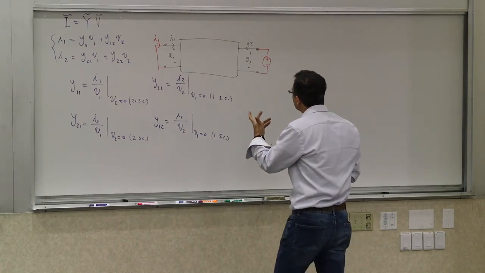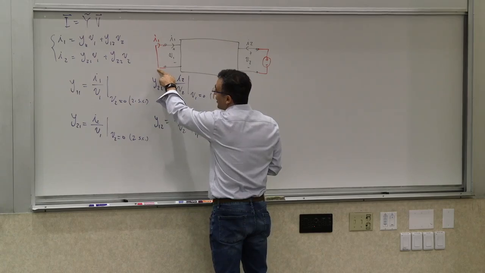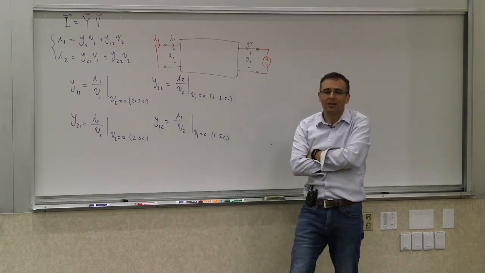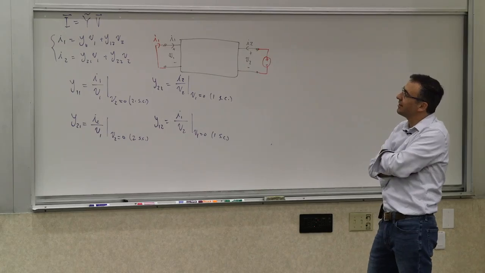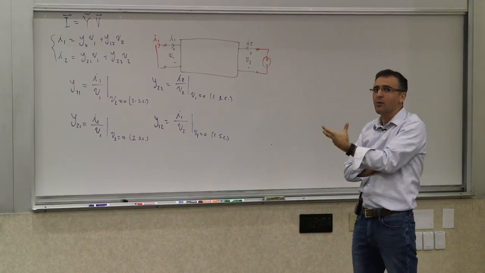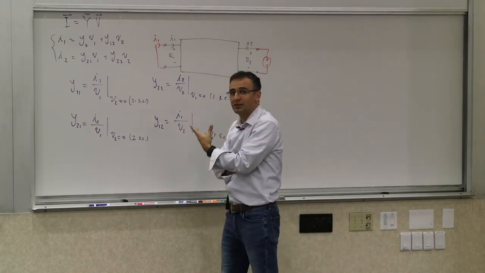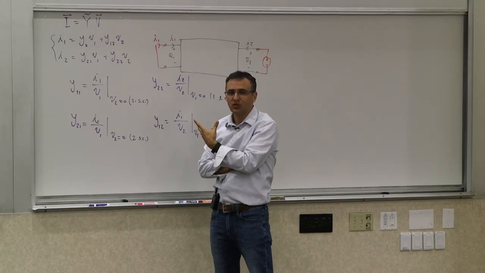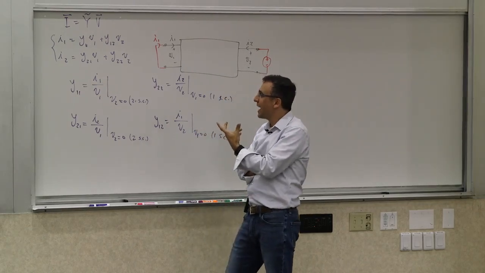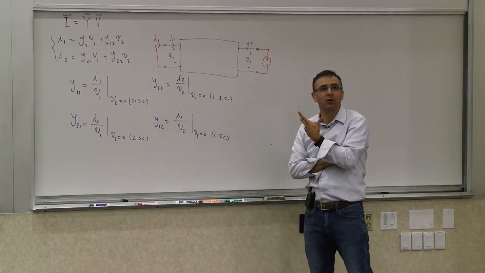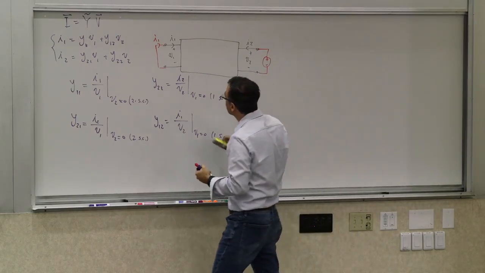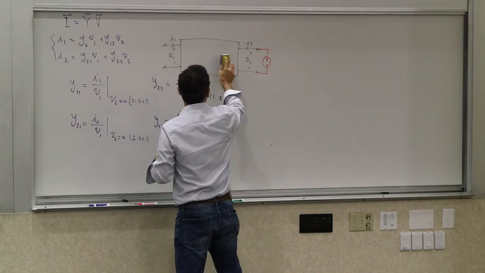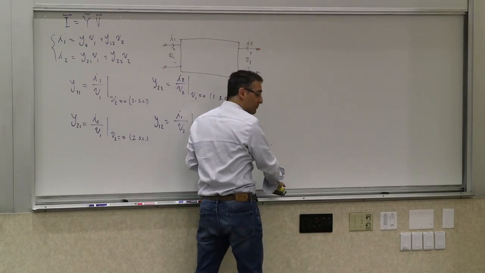Now, you can see from this that it is actually a different calculation because it is a different quantity in general. And if I ask you, what is the relationship between the Y matrix and Z matrix, or more specifically, is there a direct relationship between Y11 and Z11? You should be careful not to say that Y11 is 1 over Z11. Because think about it, although they are measured from the same port,